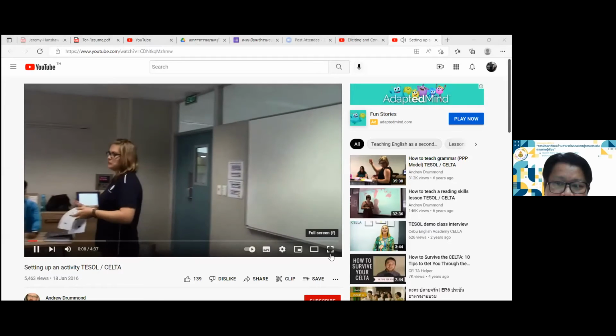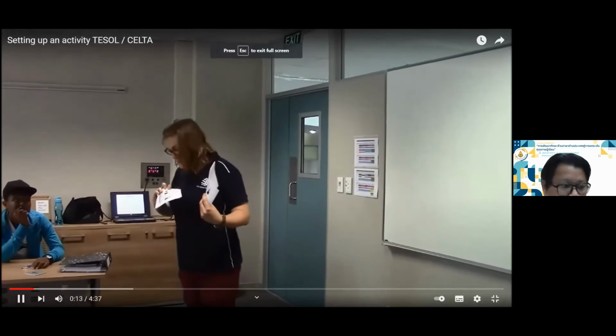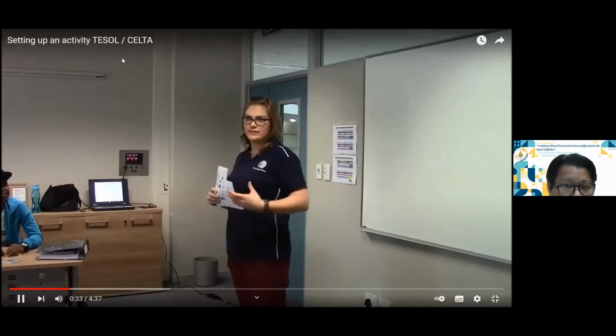I have 2 different pictures. In each picture there are 6 people. The pictures are very, very similar, but there are some small differences. What I'm going to ask you to do is, I'm going to give A one of the pictures and B the other picture. I'm going to ask you with your partner to find 10 differences in each picture. Are the differences going to be big differences or small differences? Small differences.